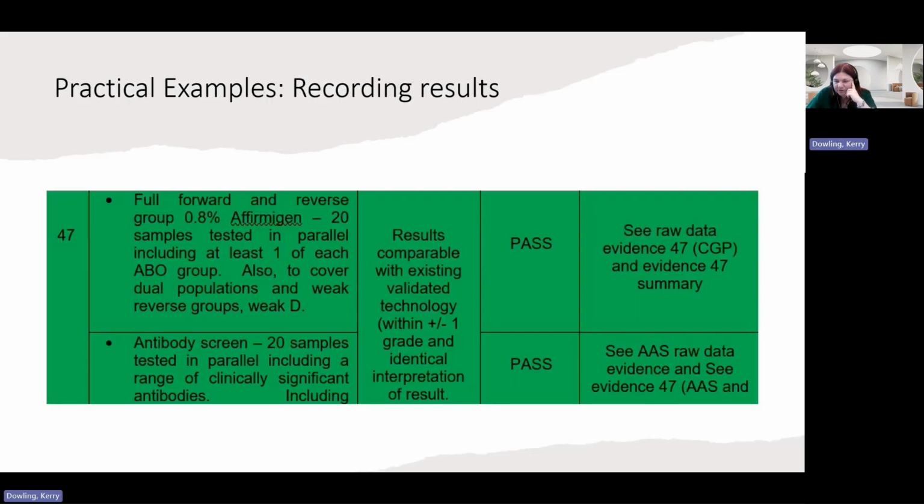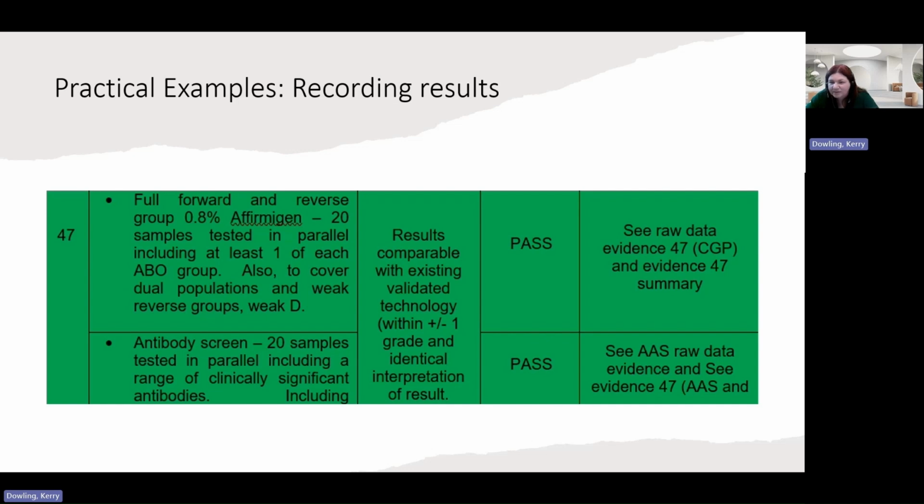You need to make sure you very clearly record the results that you obtain and that you record them in such a way that someone who's looking at this down the line would be able to understand what you've done and link that back to your evidence. So objective evidence came up a lot in the regulations, in the terminology that we were looking at. This is where the objective evidence comes in. And it may be an auditor that comes further down the line. It might be MHRA coming in to see how you've validated your new analyzers and want to see the evidence